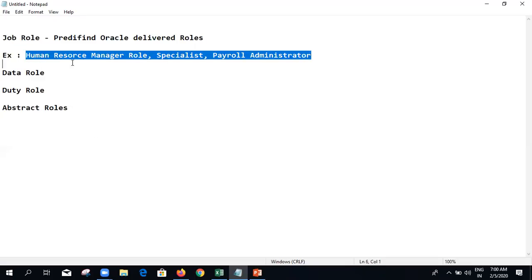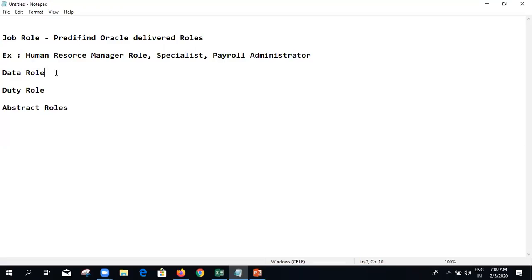There are different roles in the HCM module itself, which give access to certain functional areas: HR manager, human resource specialist, payroll administrator, payroll manager, etc. So job roles, as I told you, are predefined Oracle delivered roles.